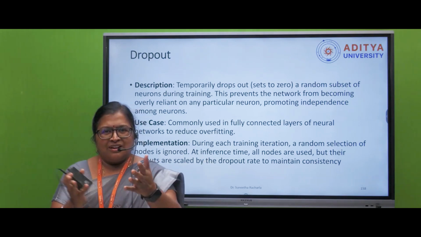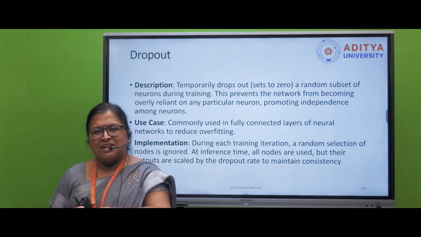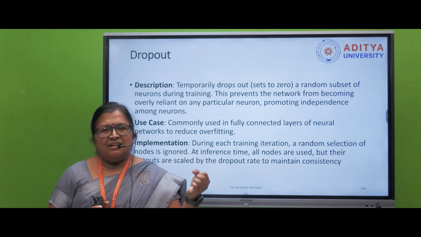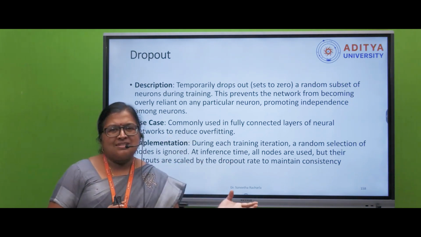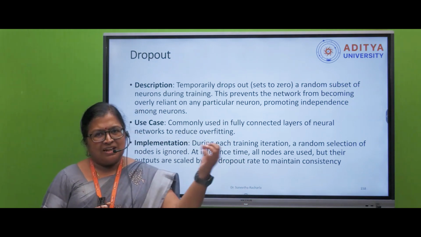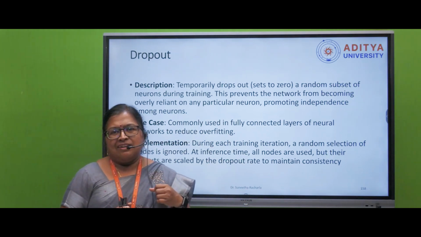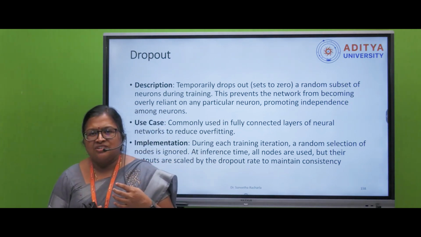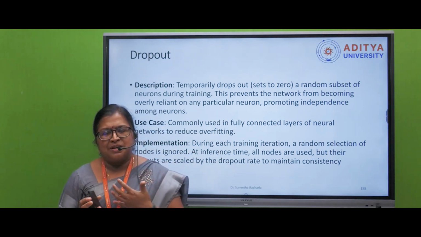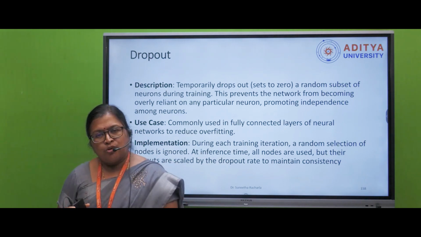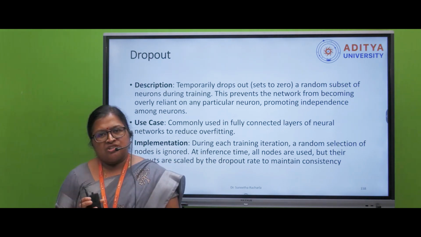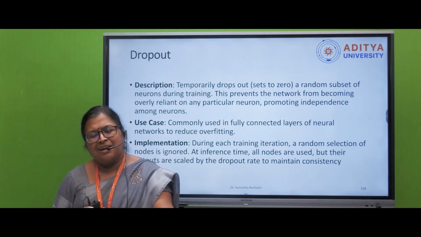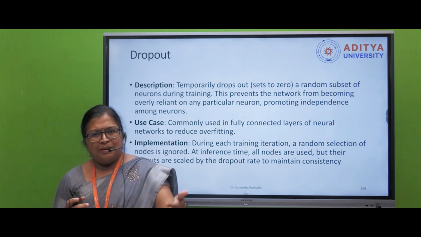At the final match, all the strong participants will come over and play, but at the starting level they get some rest, and the secondary players come and play. The same thing happens in dropout regularization. The strongest nodes, which are actively participating and influencing more, which are giving more information, will be stopped for a particular time, and the other nodes are made to participate more.